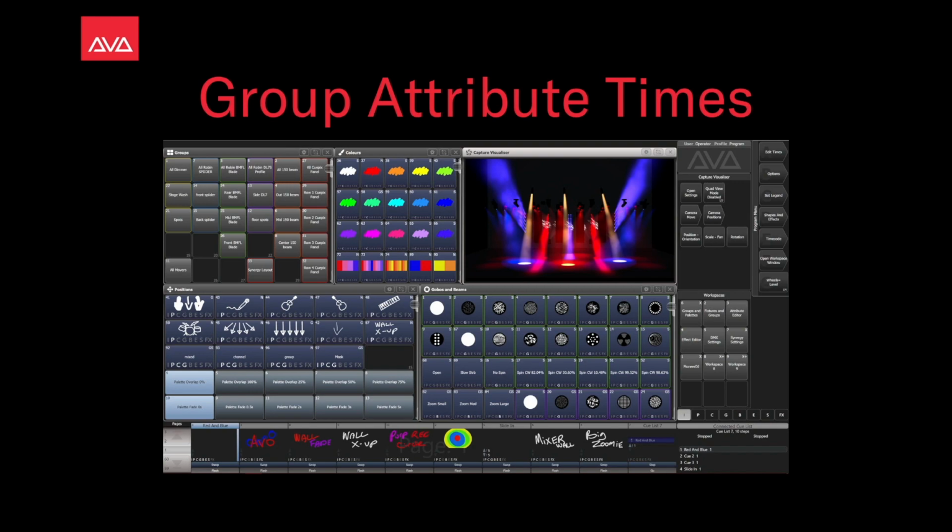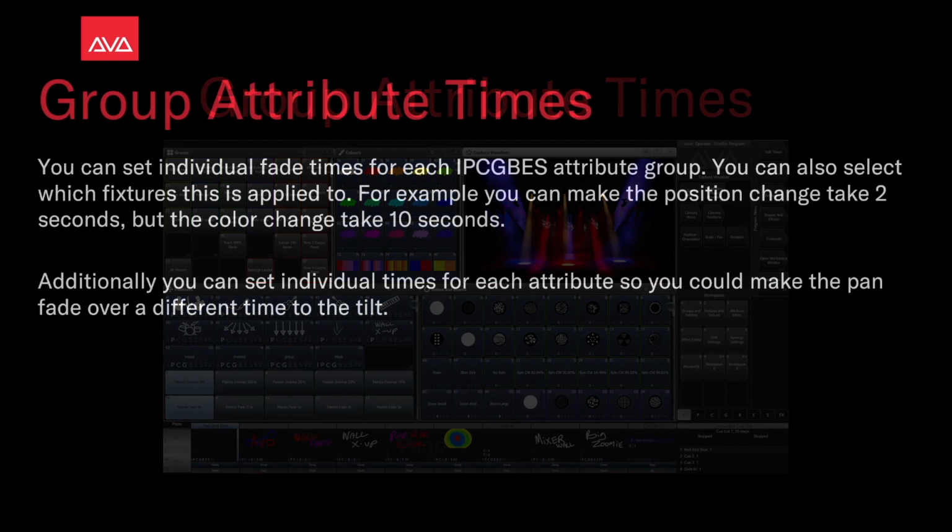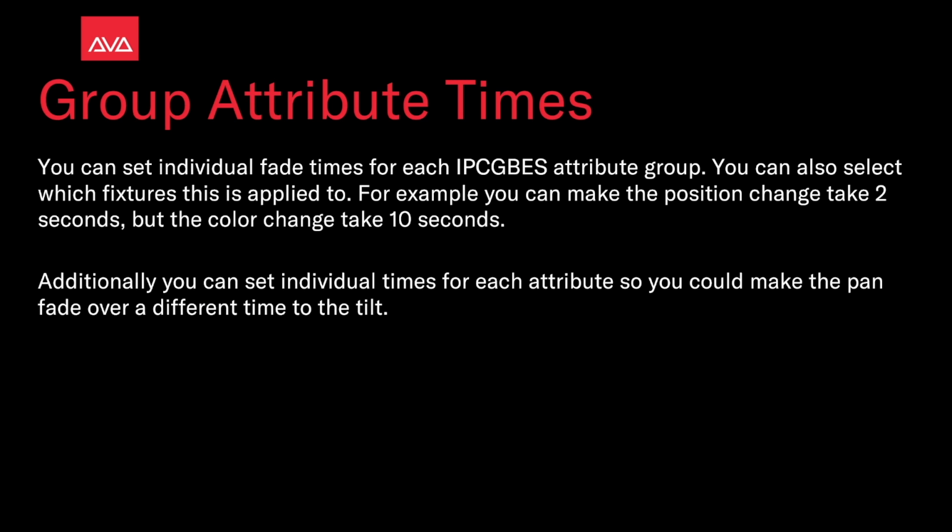In this video we're talking about group attribute times. You can set individual fade times for each IPCGBES attribute group, that's intensity, position, color, gobo, beam, effect, and special. You can also select which fixtures this applies to. For example, you can make the position change take 2 seconds, but the color change take 10 seconds. Additionally, you can set individual times for each attribute, so you can make the pan fade over a different time